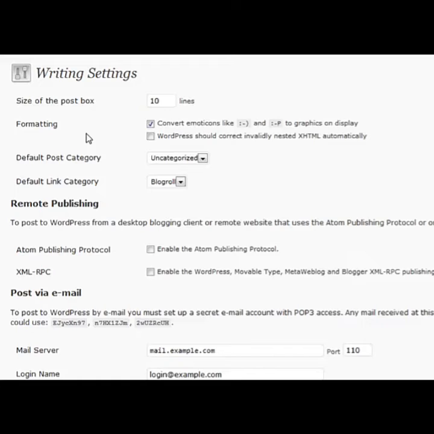Formatting, if you want to convert emoticons to actual images instead of just the emoticons themselves, you can do that here. And a little checkbox here that says WordPress should correct invalidly nested XHTML automatically. You can check this box to try and keep your WordPress as valid as possible, and it ensures a very similar look across all the browsers. But if you find that there's certain things that start to break in your theme as a result of you checking that, just sometimes if you uncheck or check this box, it'll fix that theme problem for you. So just something to keep in the back of your head in case you start to see that happening on